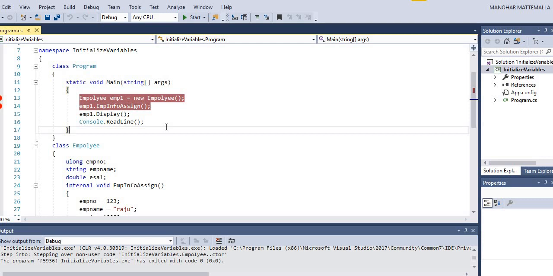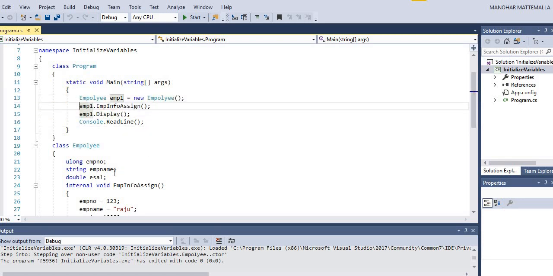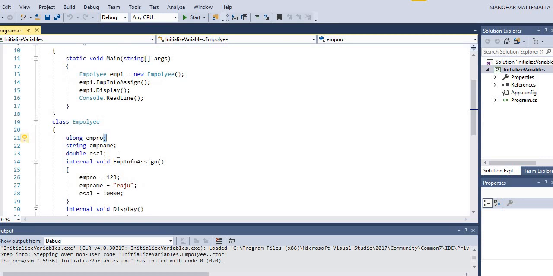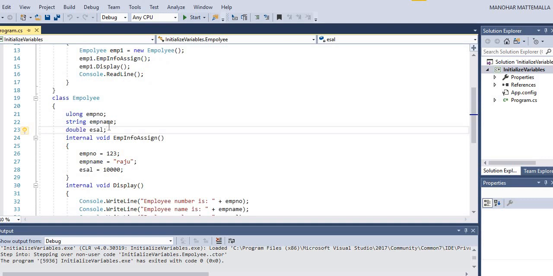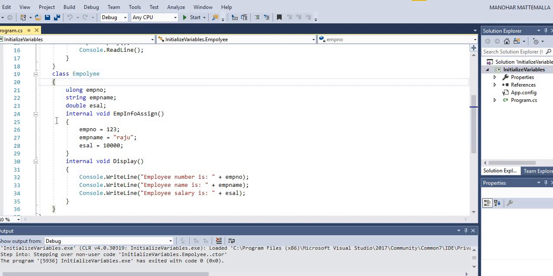So the variables get executed as class level variables when we create the object of the class. Once this is executed, we can use these variables within the class in any method.